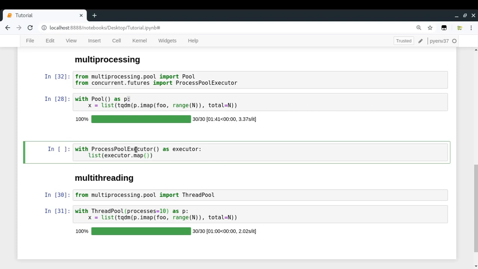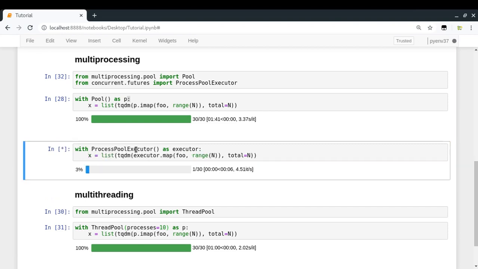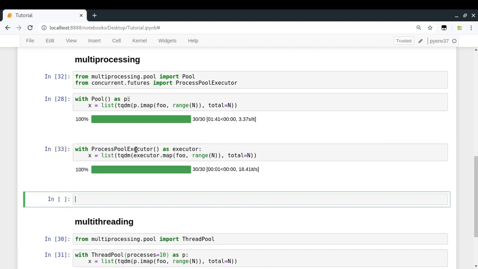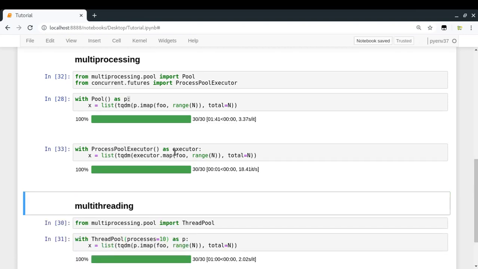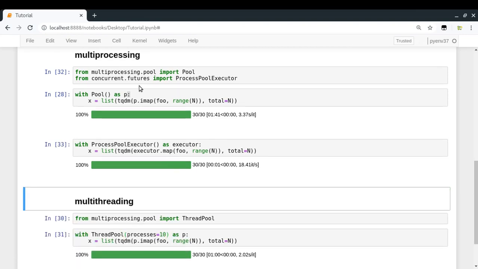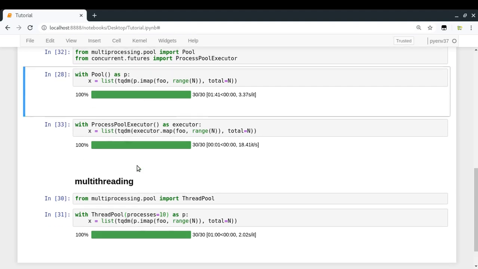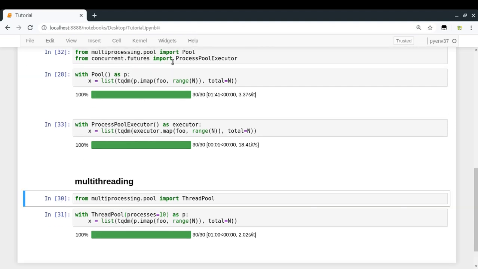and what are we going to map? We're going to map foo for range n, and now we're going to introduce tqdm over this iterator like this, and we're also going to tell tqdm that you can have total equal to n. So it looks fine. So I'm just going to do x equal to this, and look at that, it works fine, and we have the result, right? So in this way we are able to generate the progress bar with concurrent.futures, ThreadPoolExecutor, and ProcessPoolExecutor.